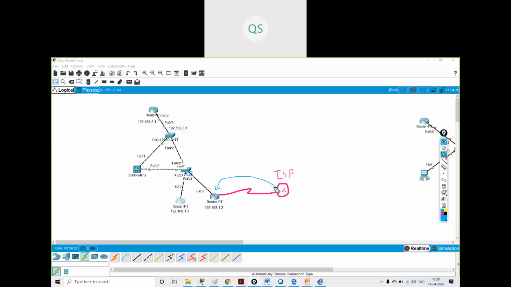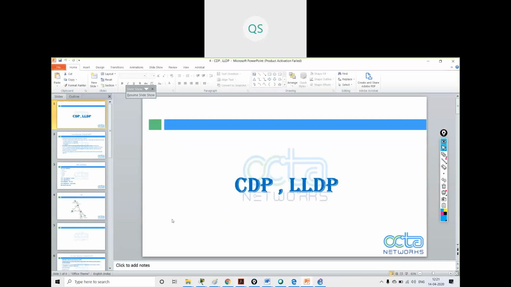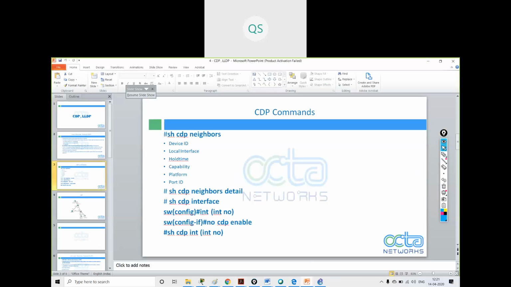Yes. Whenever a device is connected to the internet, if the people on the internet get the information about the devices that we are using, they can hack the device or do anything, right? So I want that this information should not be revealed to anyone else. What command can I give? I can go inside the interface and give the command no cdp enable. Okay, so let me check.